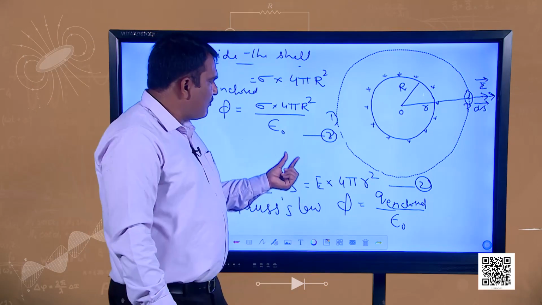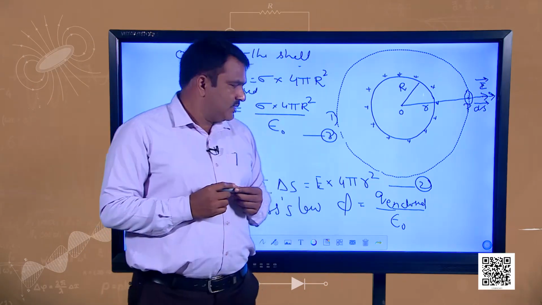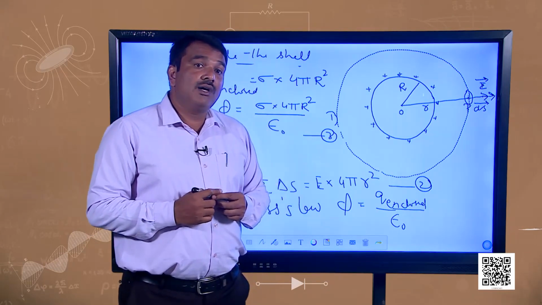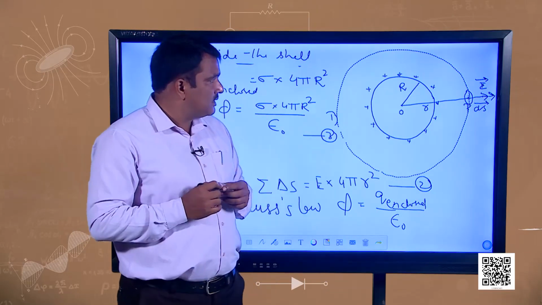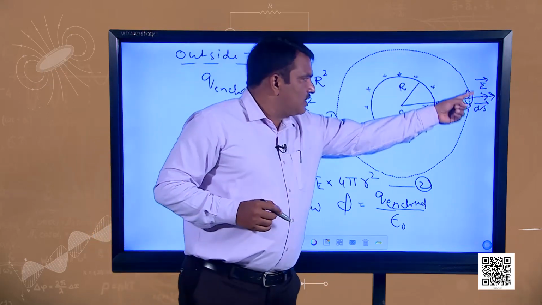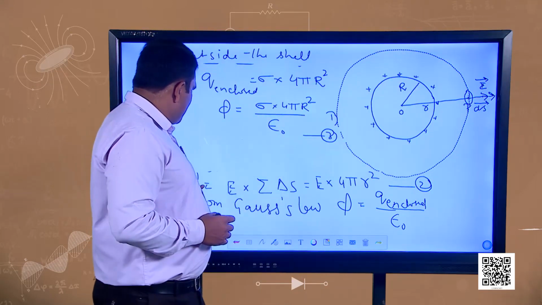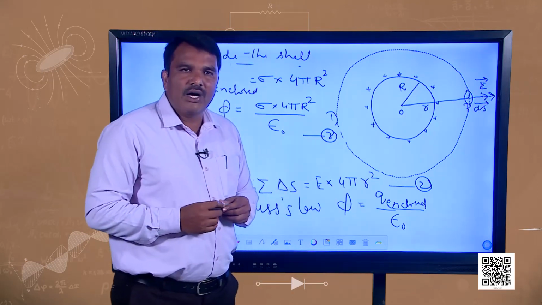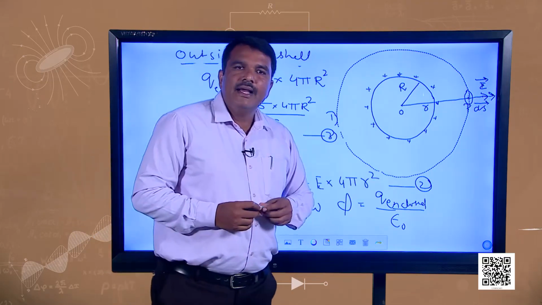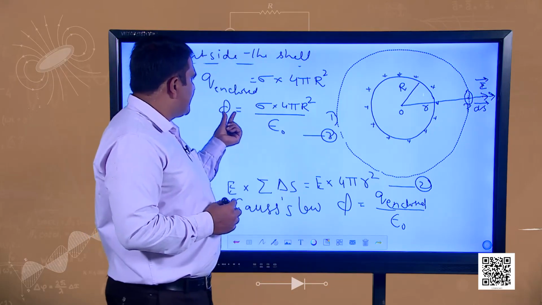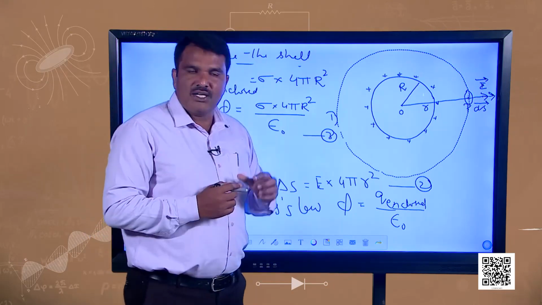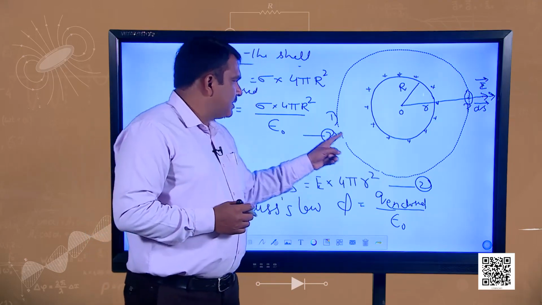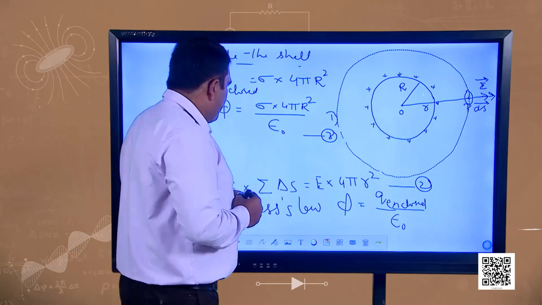So, we have found out electric flux using the general formula of flux by summing over the flux of all the area elements which has been cut from this Gaussian surface, which was E into 4 pi small r square according to equation number 2, and now we have found out electric flux using Gauss's law. Now, from equation 2 and equation number 3, by equating them